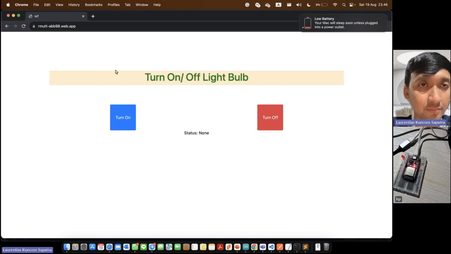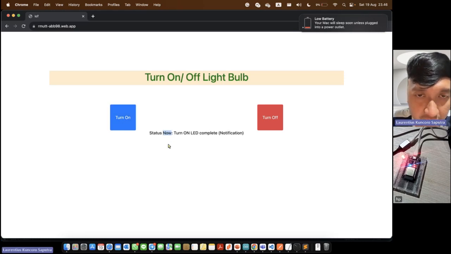This is the new file, because the browser saves the cache, so we should refresh or turn off the browser and open it again. Okay, the status now is turned on the LED, so maybe you should make sure the browser cache is already refreshed, so it can make a new update for your code.